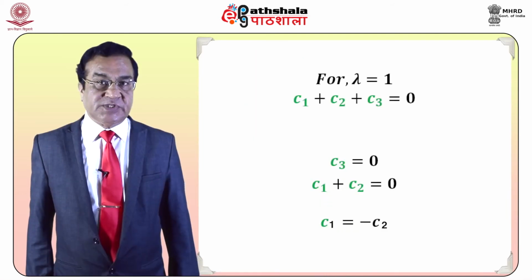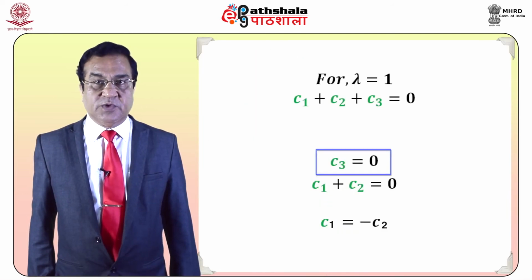is equal to 1. And please remember, we have already learned that for lambda is equal to 1, there are two degenerate molecular orbitals. Each one of them has energy equal to alpha minus beta. So how to calculate the wave functions for these two molecular orbitals? One of the simplest methods for determining the coefficients for these two degenerate molecular orbitals is that we assume C3 to be equal to 0.